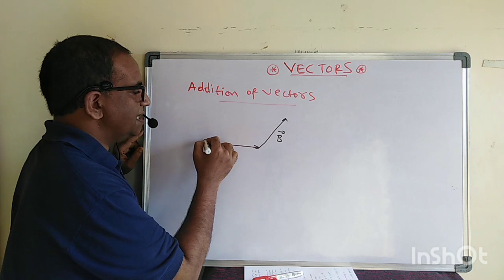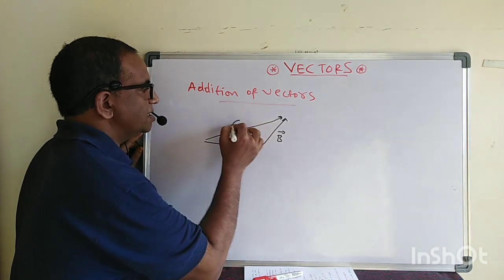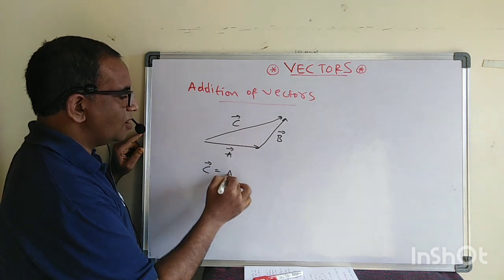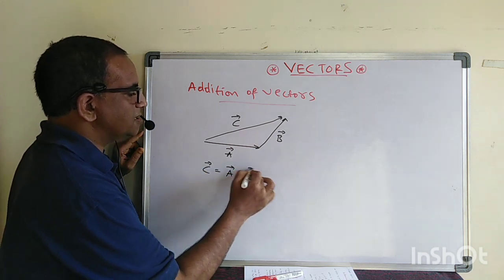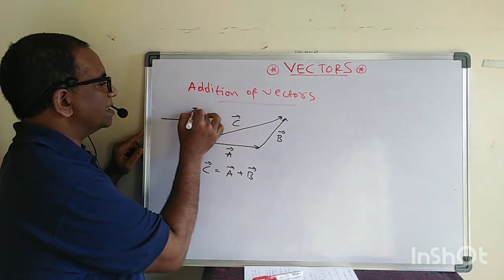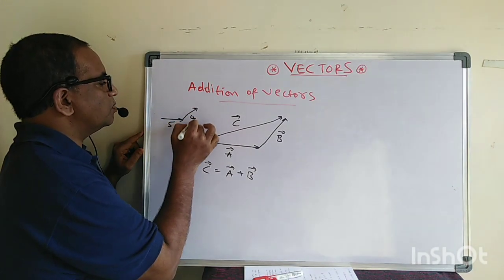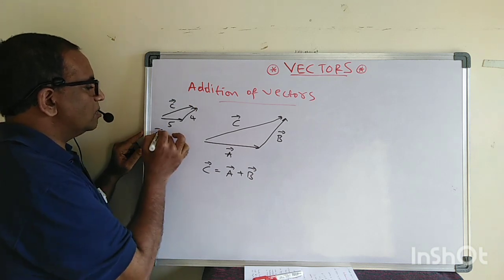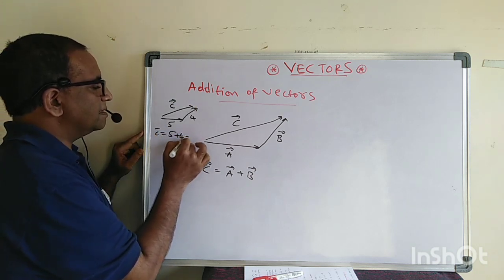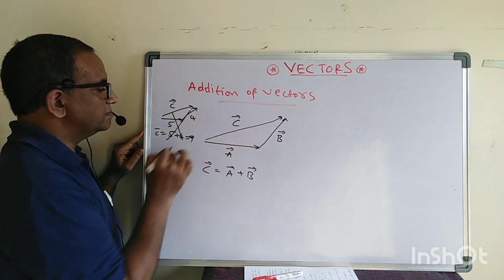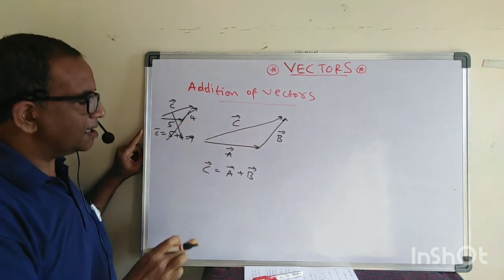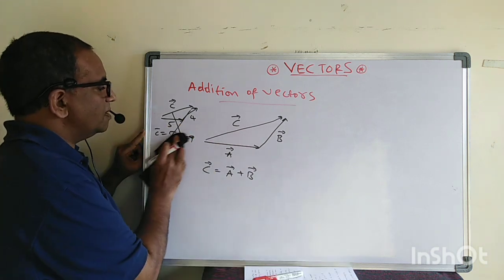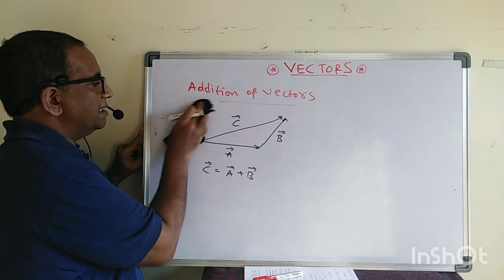Let us say the resultant is C. So this one is C. And you see how to represent C here. Remember, this is called vector addition. Suppose there are two vectors, this is 5 and this is 4. Then you cannot say the vector C is equal to 5 plus 4, 9. This is wrong. You cannot add like that. Why? Because every vector is coupled with a direction. So that's why we cannot add directly.